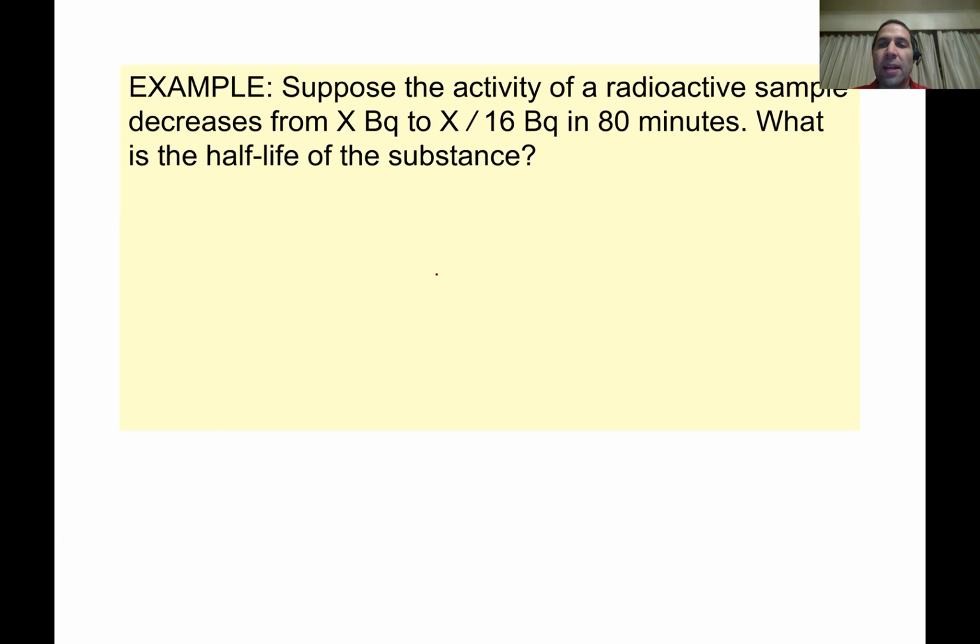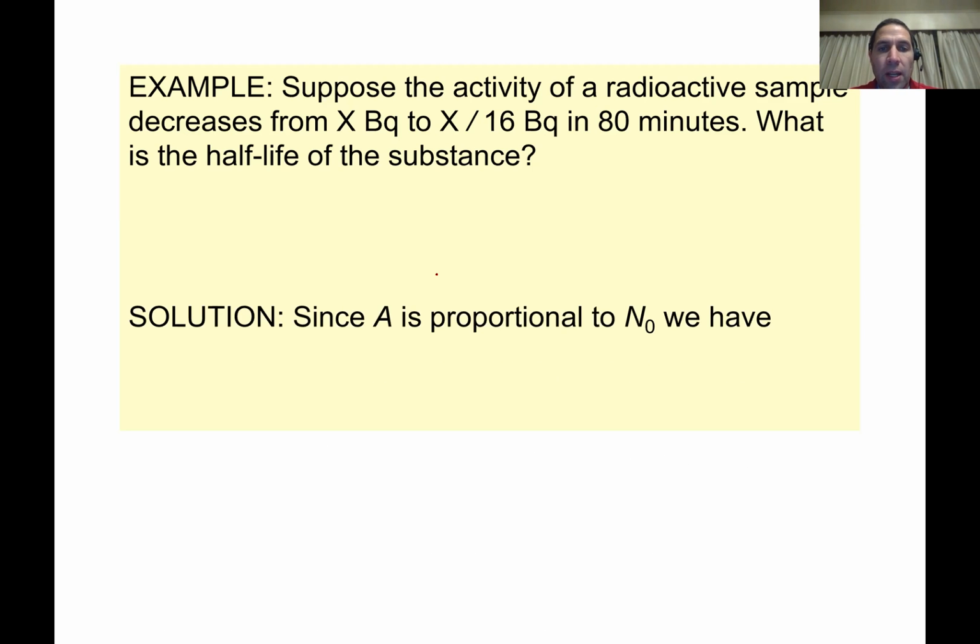Here's another example. Suppose the activity of a radioactive sample decreases from X becquerels to 1/16th of X becquerels in 80 minutes. What is the half-life of the substance? Again, we have to remember that activity is proportional to the initial number of radioactive isotopes. So we can use this idea that if I'm going from the original number,